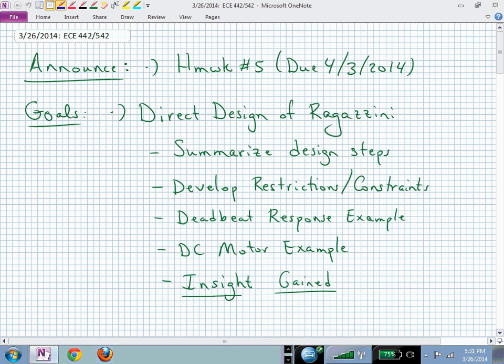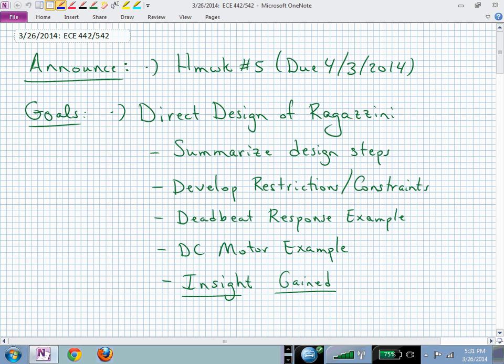And so we'll talk about those. We'll develop some additional constraints. There will be 4 constraints or 4 restrictions in doing this design via Ragazzini, and those depend on what our plant looks like. And then we will go through the examples, and then we'll try to summarize and say, what